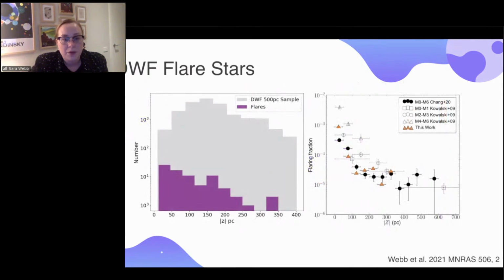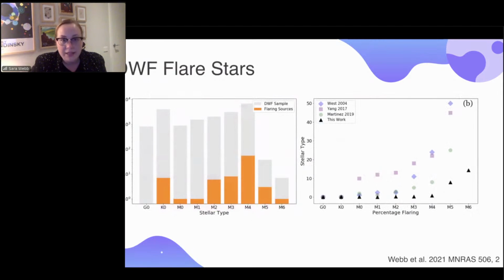Another thing we're able to do is to understand the number of flares over galactic declination, so height above or below the galactic disk. And again, we expected a lot more flares to happen in the galactic disk because of the young age of most M dwarfs compared to the outer ones, which we were able to confirm in that nice purple plot. And we were also able to do some sanity checks just for ourselves with some previous work from SkyMapper that had a flaring fraction. So the actual fraction of stars that you would expect to flare at any given height above the plane. And our results match quite nicely with what was found.